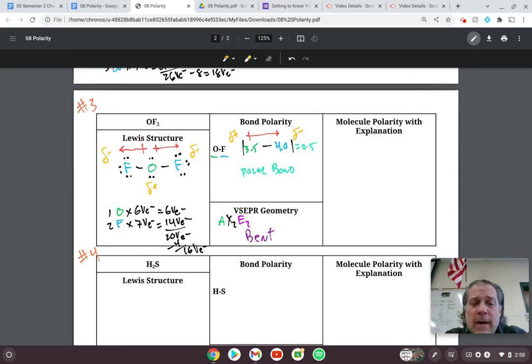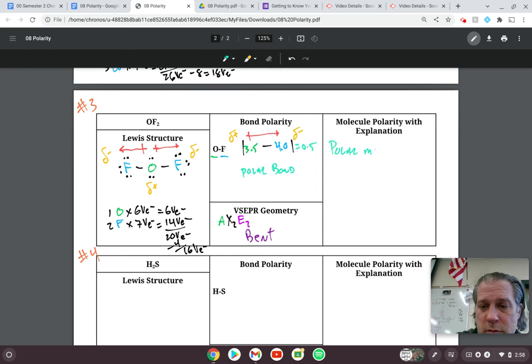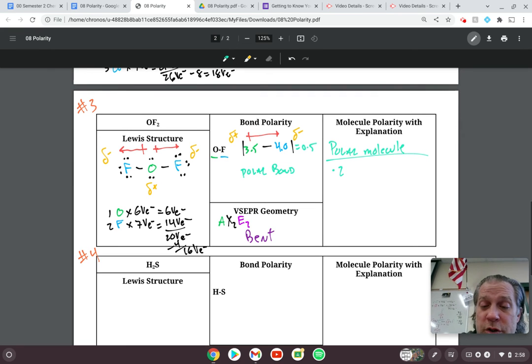And then the molecular polarity with the explanation. So in this case here, the electrons are both being pulled away from oxygen in equal and opposite directions, so the arrows cancel out. However, this is still going to be a polar molecule. And it's going to be a polar molecule not because the dipole arrows are canceling out, but because of the 2 pairs of unshared electrons on the central atom